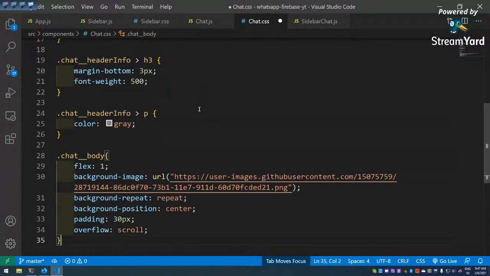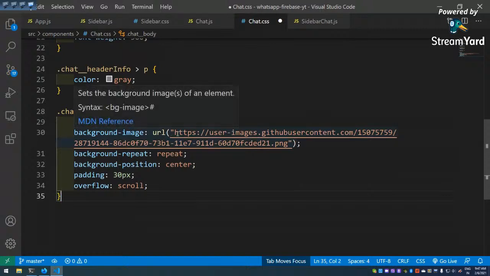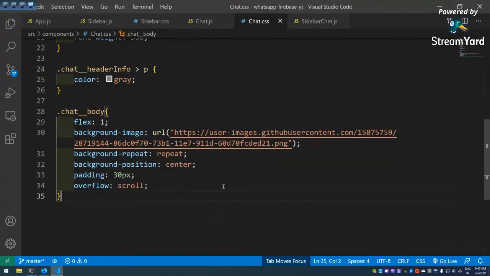So this chat body is a flex one, and background image URL, which I've got from the web. This is a nice thing, you'll soon see. Background repeat is repeat, background position is center, padding and scroll we have taken. If I save it